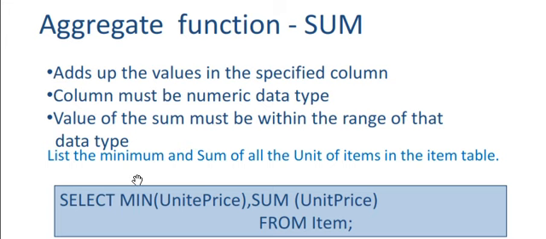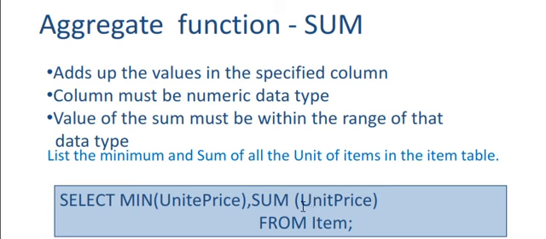Now we'll see one small question here. List the minimum and sum of all the unit prices of items in the item table. Here, at a time, two functions also we can use. Select minimum of unit price, that is the minimum value in unit price, and the other one is the sum of all the unit prices. Whatever values are there in this unit price column, all these values will be summed up,